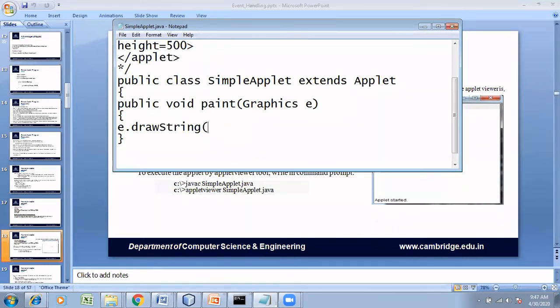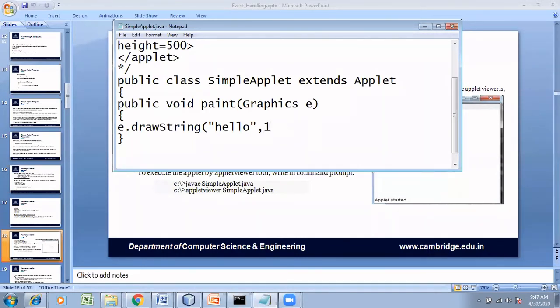So this drawString takes 3 parameters. Hello, and then you need to give the XY coordinates of where you need to print hello. This H should start at a place, so that coordinate we should give. In the graphics environment, every point, every pixel is identified with an XY coordinate.